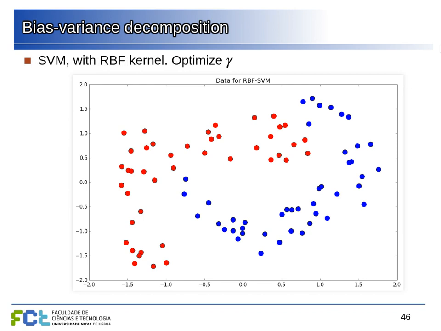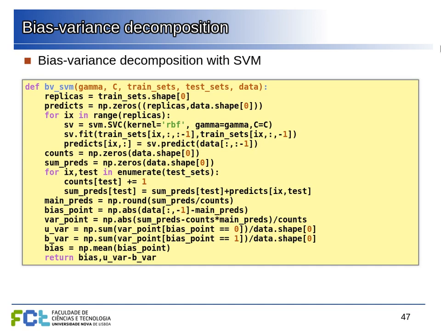Now let's see an example with these points. We want to compute the bias and variance for a support vector machine with a Gaussian kernel for classifying this data set. And we do the same thing. So instead of using polynomials here, we train the support vector machine in each replica, and then we compute